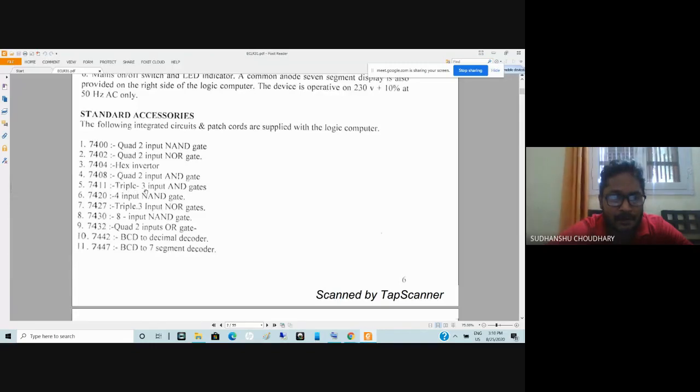Then you have triple 3 input AND gates in IC 7411. So it is possible that you have a function which requires 3 input AND gates. For 3 input AND gates you will utilize 7411, and for 2 input AND gates you will utilize the 7408 IC. Then you have a 3 input NOR gate present in IC 7427, which will be supplied to you and which may also be present on the digital trainer board itself.